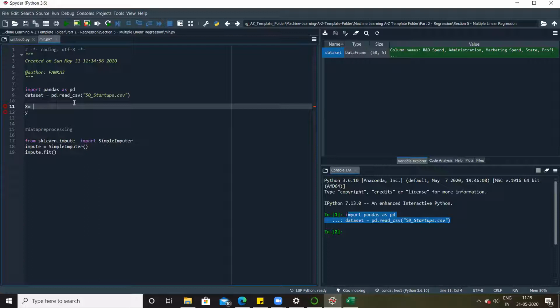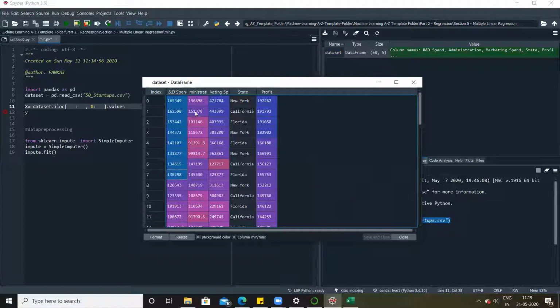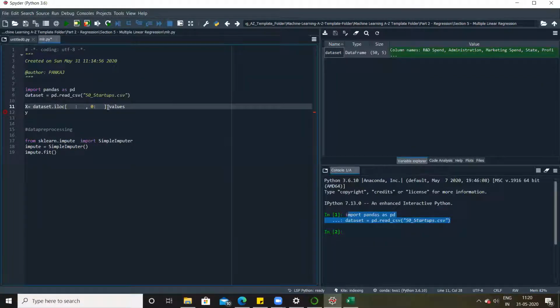X is dataset.iloc, square bracket, .values. Inside the square bracket I will divide it in two parts with the help of a comma. Left-hand side of the comma is for rows, right-hand side is for columns. We need to read all the rows, and columns from 0 till 3, so I will mention 4.